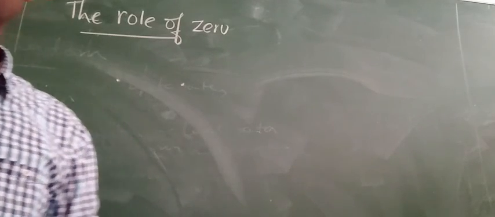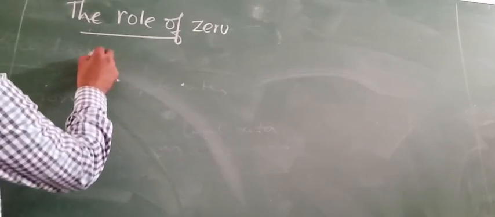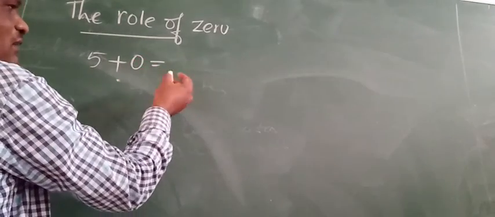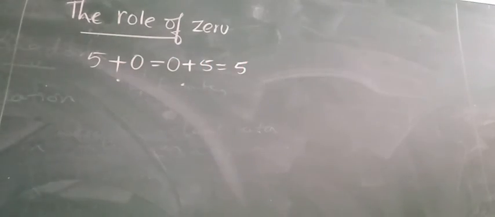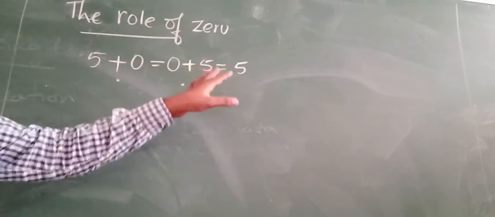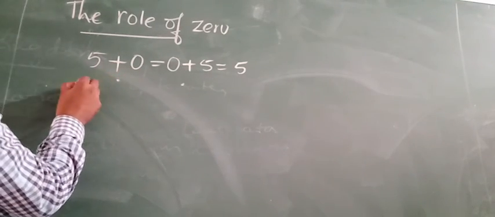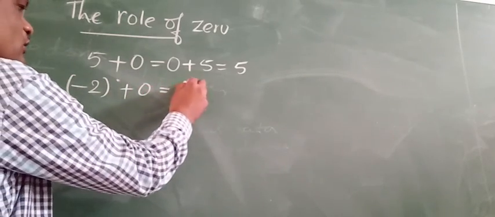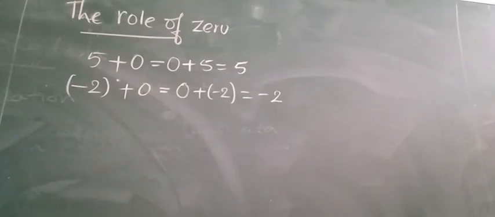In 6th standard, 7th standard integers, you know about the property of 0 in whole numbers as well as integers. Suppose you take any whole number and add 0 to that one, so you will get 5 itself, or 0 to 5, so both are 5 only. Whether you add 0 to 5 or 5 to 0, the answer is 5 only. Or otherwise you take an integer, minus 2, add 0, or 0 to minus 2, the answer is minus 2 only, you will get the same number.